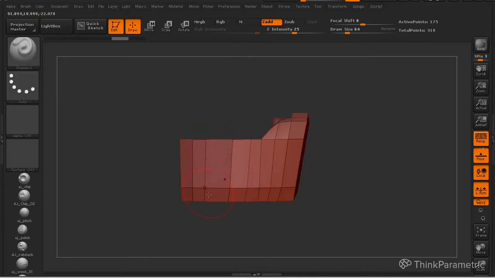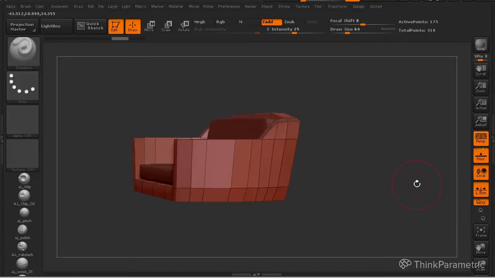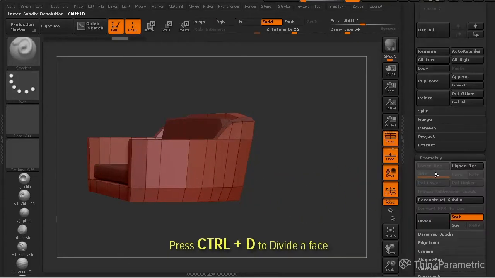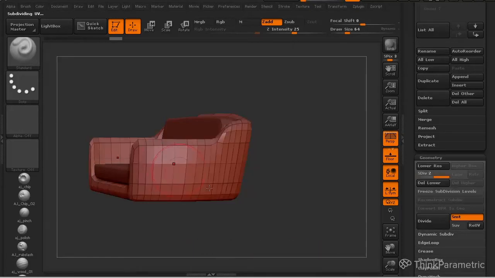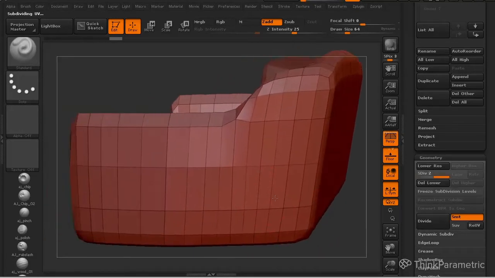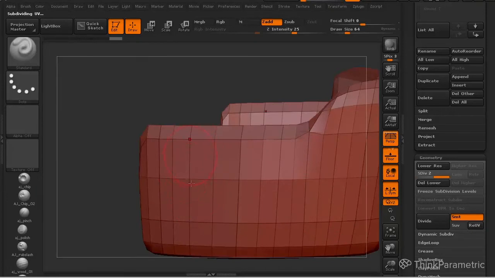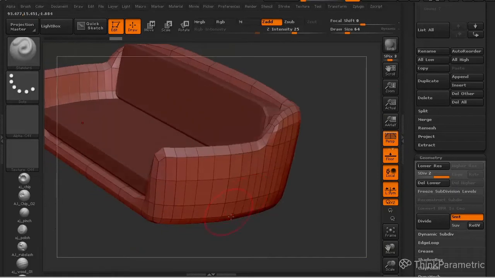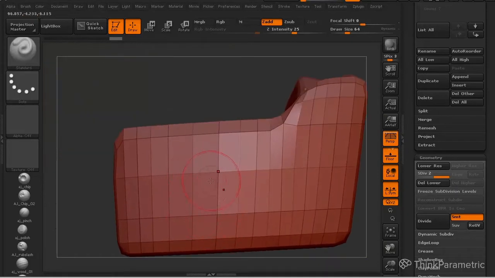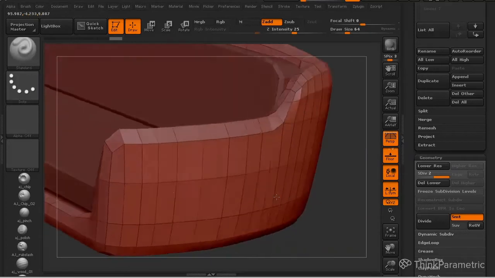So this edge is going to be broken into two, this one as well, this one as well, and this one as well. How do you see that? If you press Ctrl D, that is the same thing you can see here, it breaks this edge into two edges. This is what happens in ZBrush. As you can see here as well, it's going to keep on making rectangles instead of squares.